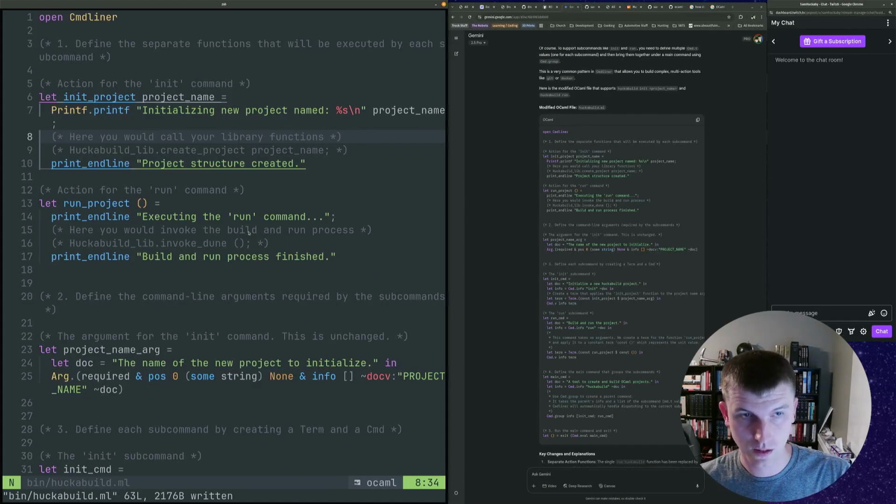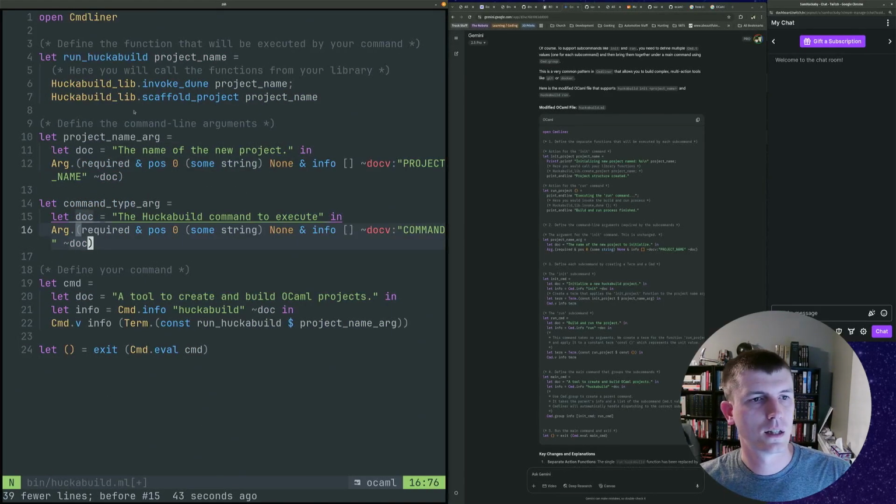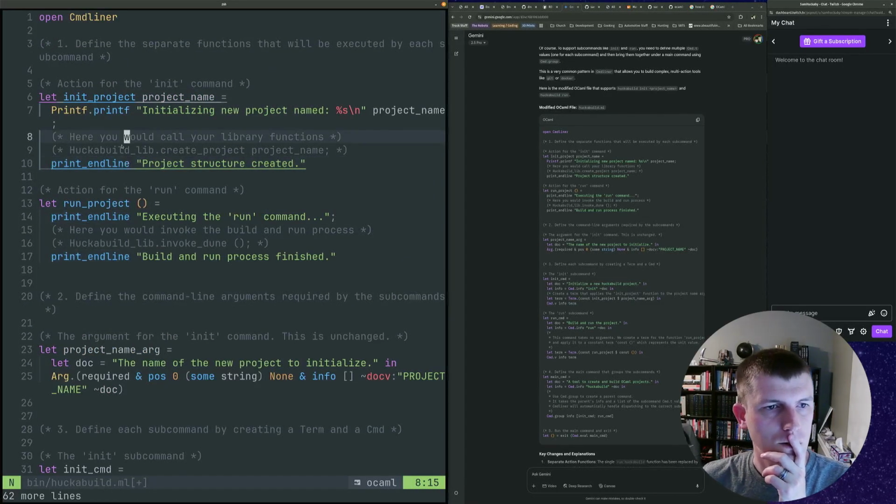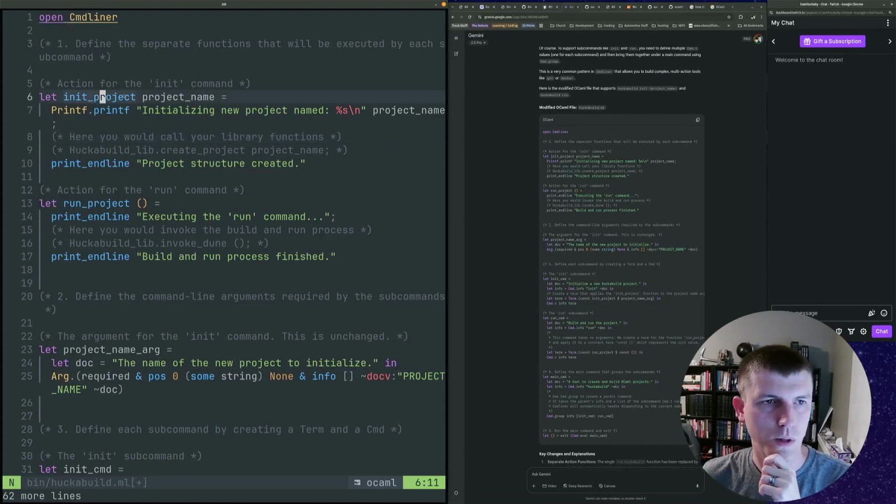Now I shouldn't have deleted all that. Undo. Oh no, I guess that's fine, because it's got HuckaBuild lib.invoke dune. Okay, I kept everything. Alright. Redo. Alright. So here in our init project,